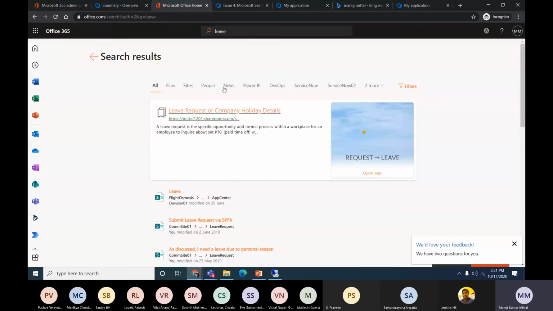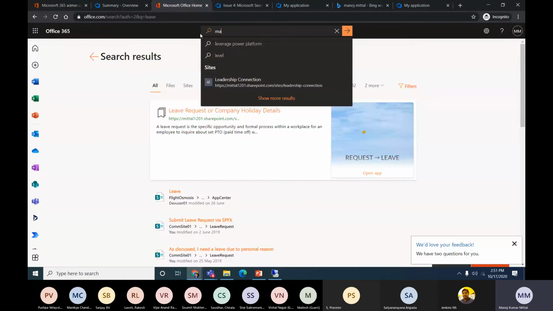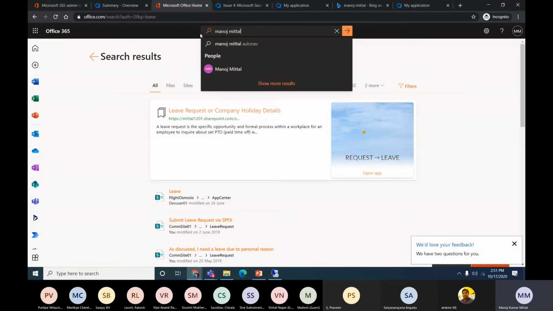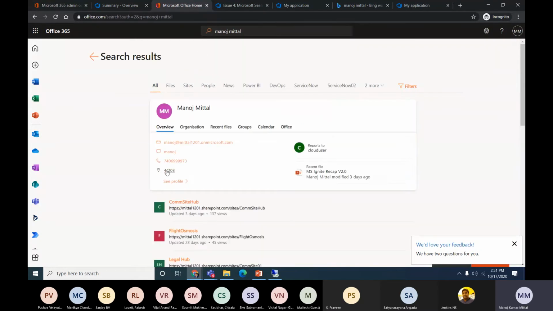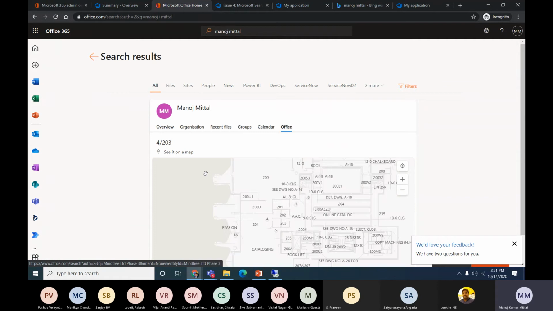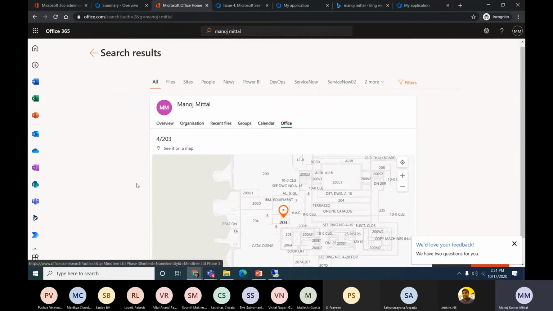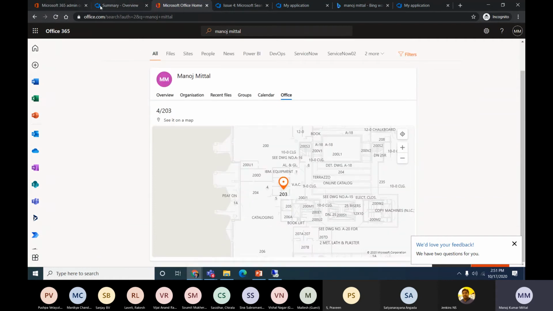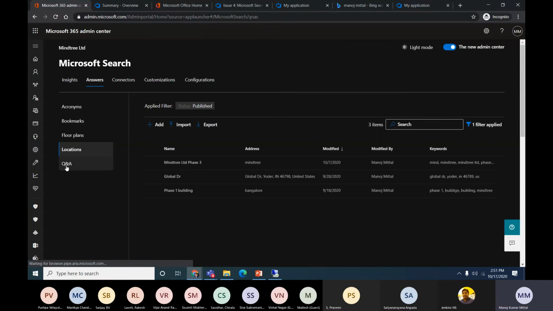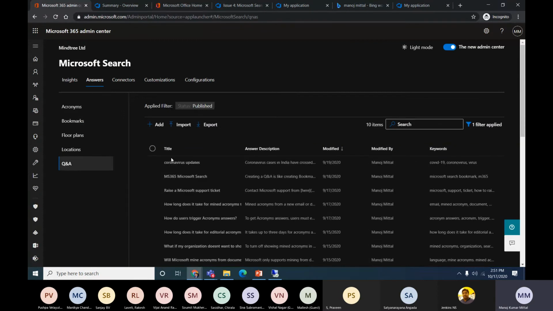And then it will start appearing, what's the floor plan I just mentioned here, right? This is the main section I was just talking about. This is a DWG file which we need to upload and it will start appearing in this section. And another is a Q&A section. In the Q&A section, we can add the questions and answers and a few keywords which people are going to use.